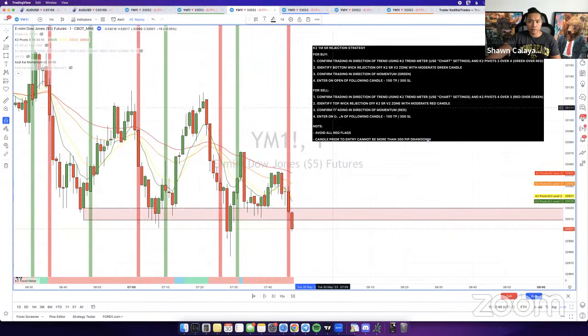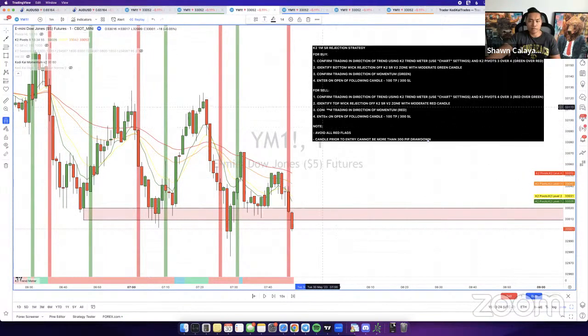Okay. First, you want to confirm the trend. So you can see here that price is below the pivots. Pivots are angling down. If you want to look at the specific criteria here, you want to make sure that the K2 pivot 4 is over the 3, which it is right here. You can either analyze it that way or just do it the same way I mentioned. You want to make sure price is below the pivot. Pivots are angling down. And if you want to look at whether 4 is over 3, then you can do that as well. But you can just make sure price is below pivots and the pivots are angling down. So that said, we have a bearish trend here. Trend meter is red, pivots are angling down, bearish trend there.